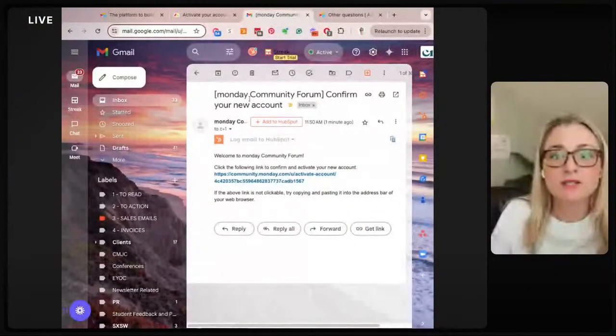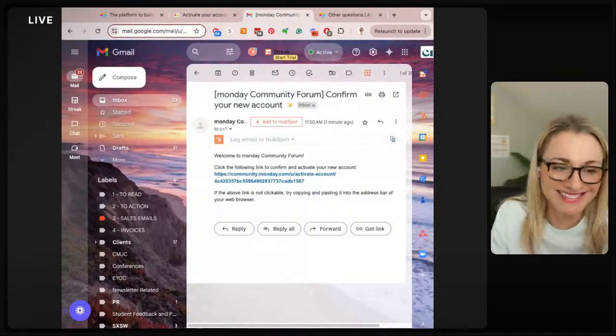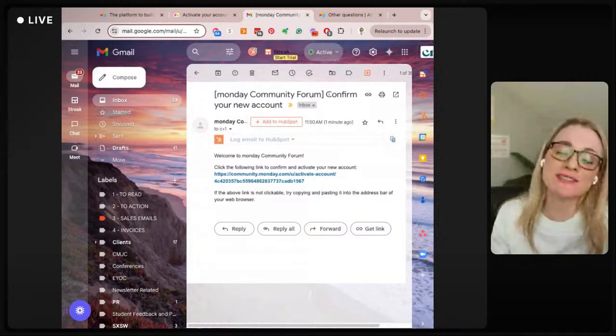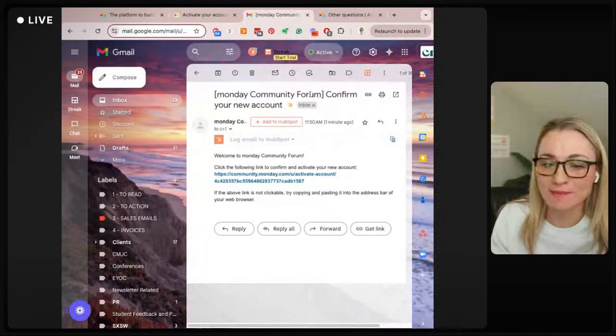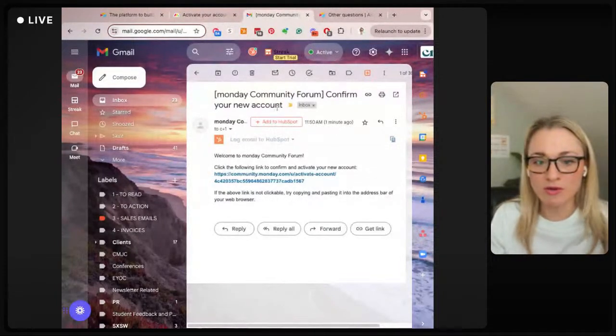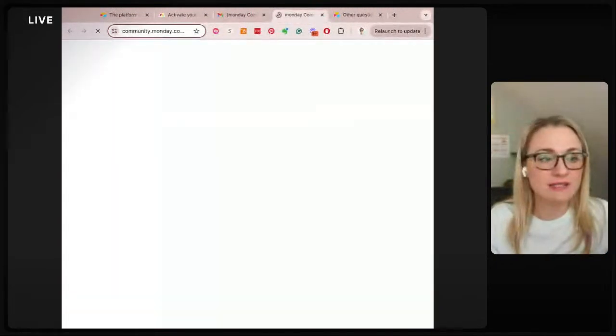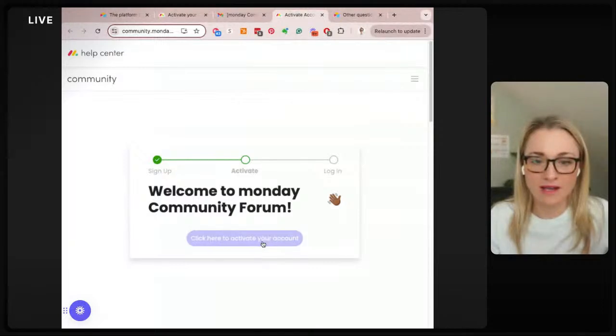Here it is. So I'm getting this bracketed email. I abhor bracketed text emails like this. They're transactional emails, so I get why it's set up that way. Sometimes you can't change it unless you have a developer working on it with you. But this allows you to confirm your new account. I go in through here, I confirm my account. Let's see what happens when I do that. Okay, click here to activate.